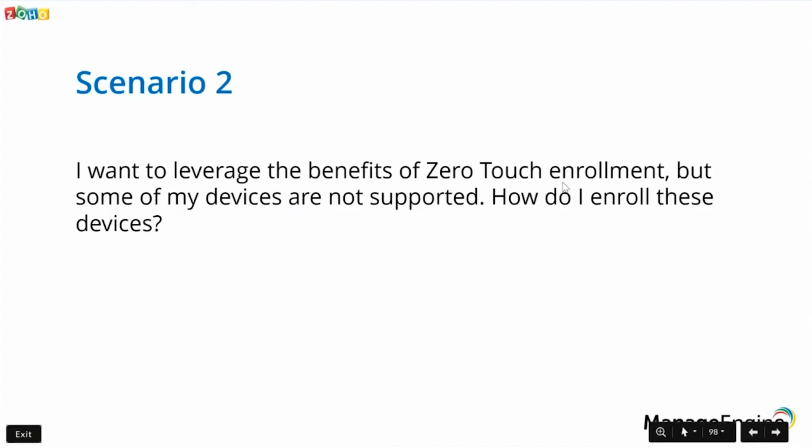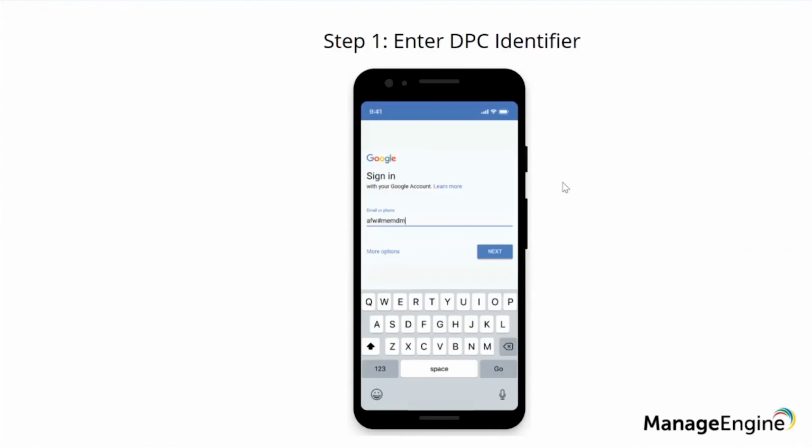We have other enrollment methods as well, and we would suggest going with the EMM token enrollment. So what happens in the EMM token enrollment is you can enroll devices by scanning a QR code. As soon as you scan the QR code that we mentioned, or as soon as your device is activated,